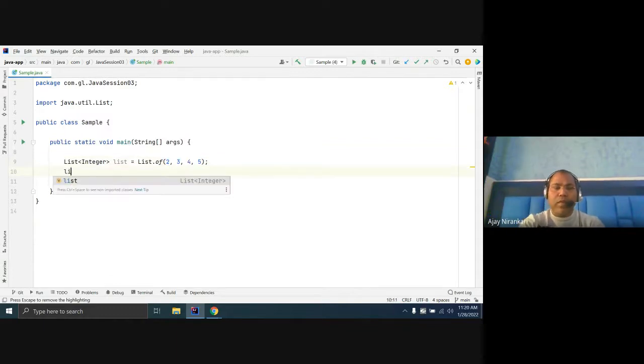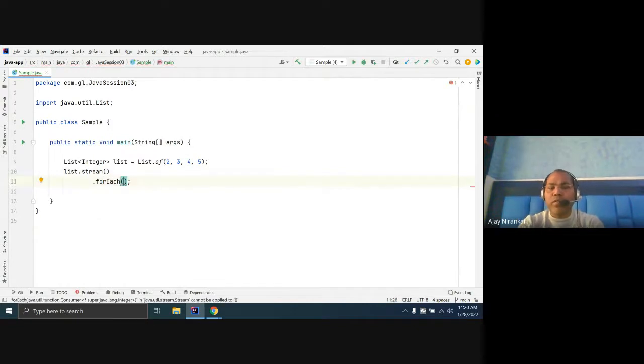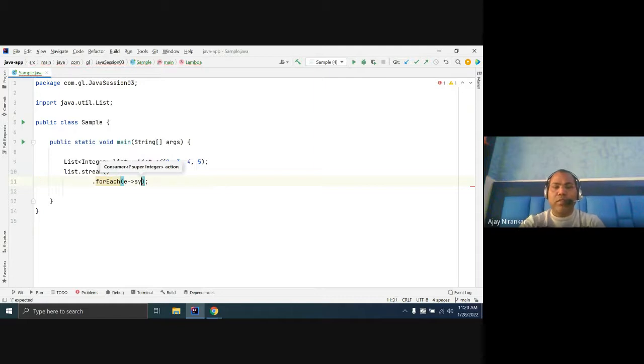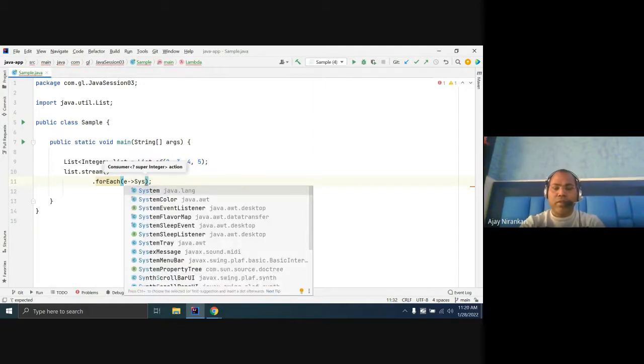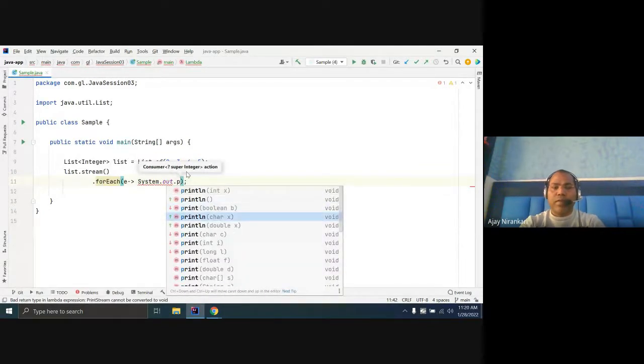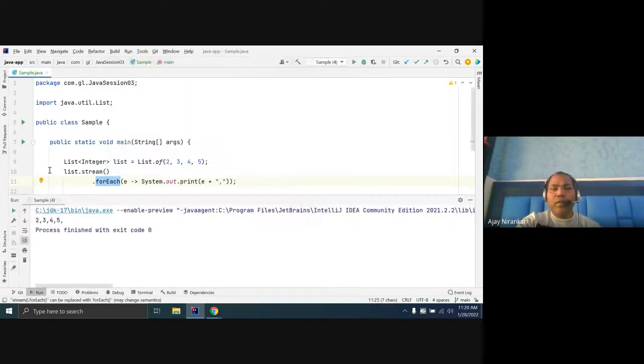If you just say list dot stream and then forEach, which is also a kind of terminal operation, this will take one input and return nothing, just print, like System.out.println of whatever element you are getting. This method does not return any value. It returns void.